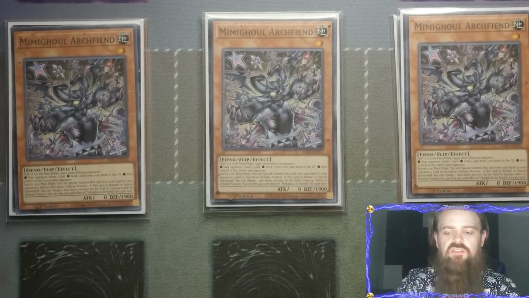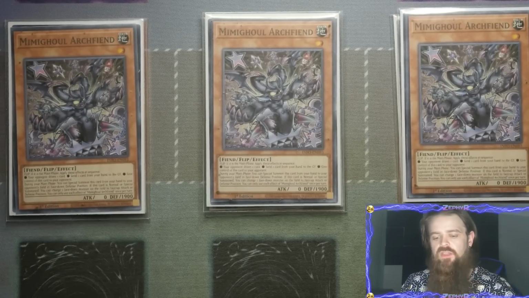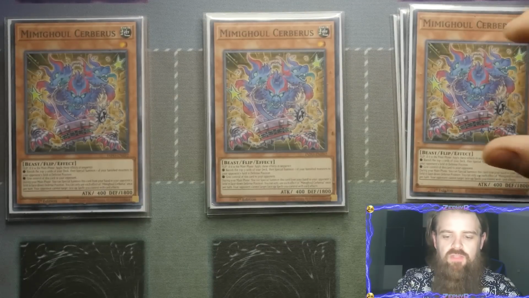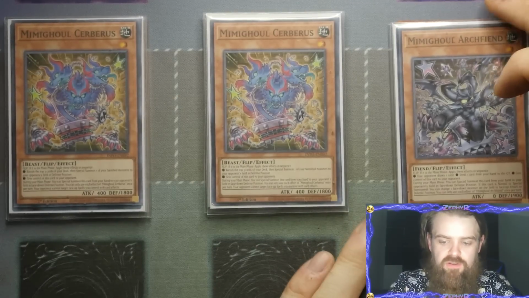Great success, and then this comes back over to our board for your free monster. Then the final super rare monster, anyway at the moment, is your MimiGhoul Cerberus. They all have other little different effects as well that I did forget to mention, but